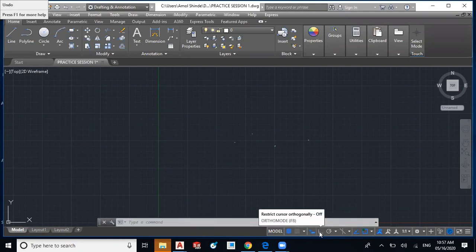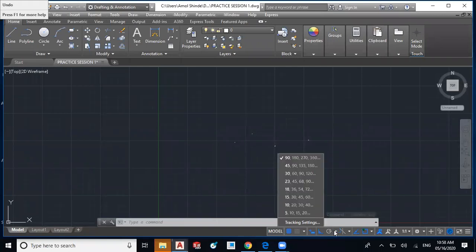Then ortho mode, shortcut is F8. To draw straight lines or perpendicular lines, you can use this ortho mode. Generally we are using straight lines to draw, so just switch on the ortho mode. This is the polar tracking. The arrowhead beside it shows the list of the angles.